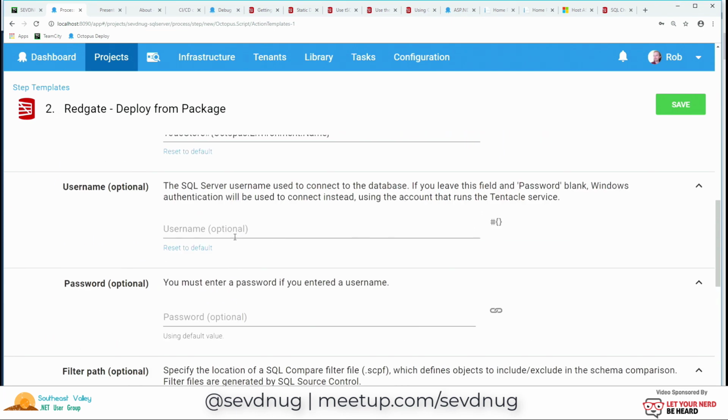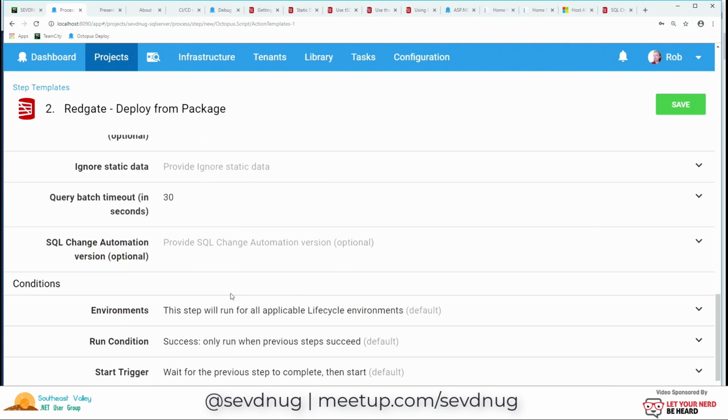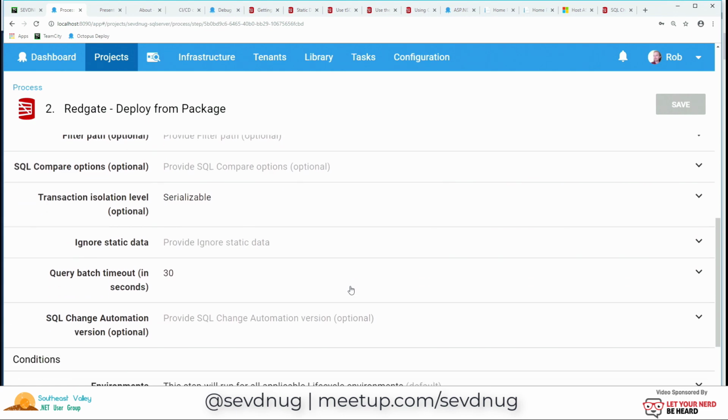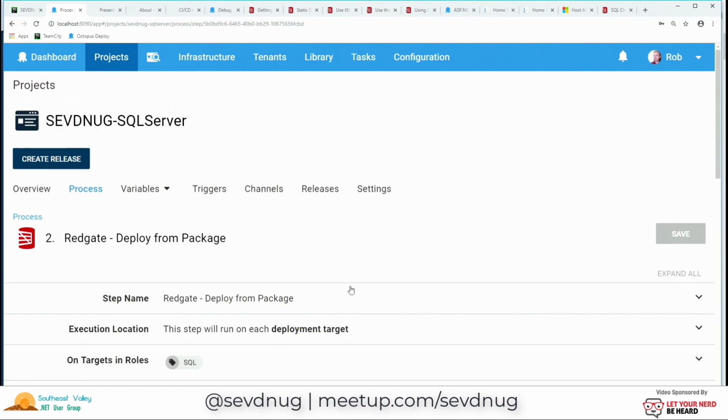They're optional right now, which is really nice. And I will save that. Now, I would like to specify the usernames and passwords as variables. Those will be system-specific things. And this with other variables in